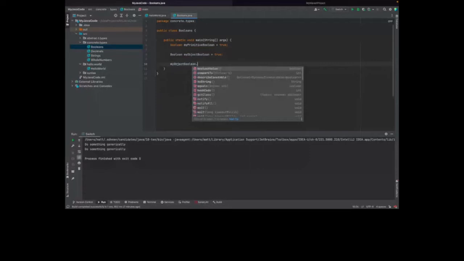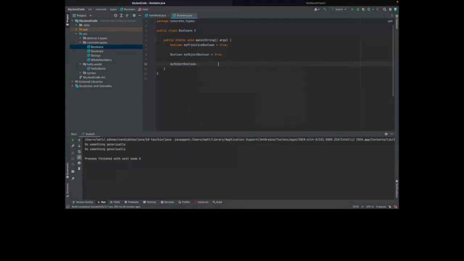I can get the Boolean value as an actual primitive boolean. I can compare it to another Boolean. I can describe the constable, whatever that means. I could turn it into a string. I could do an equals comparison on it. I could do some sort of wait method on it. There's a bunch more that I could do with this particular object if it is of a type object with the programming language. But in return, I have to sacrifice more memory to be able to do those things.